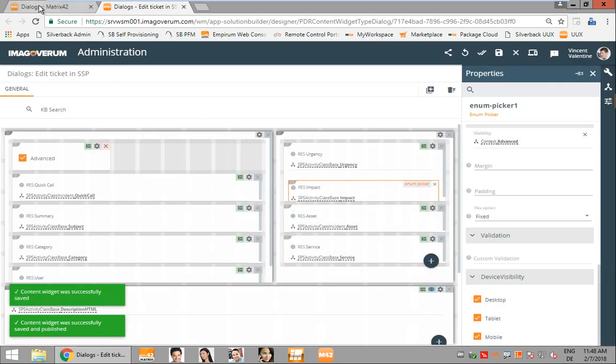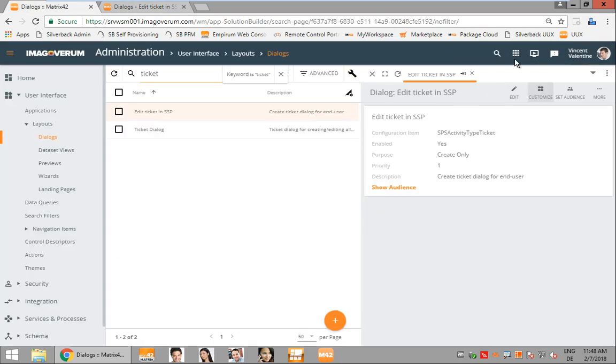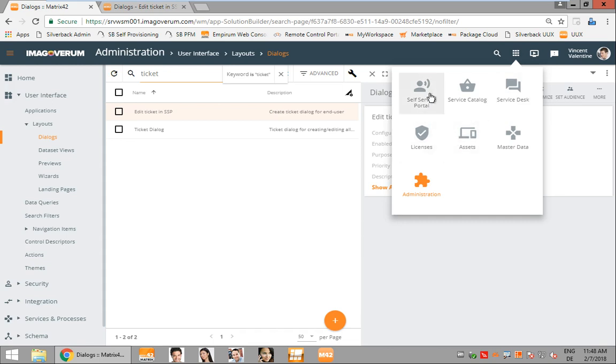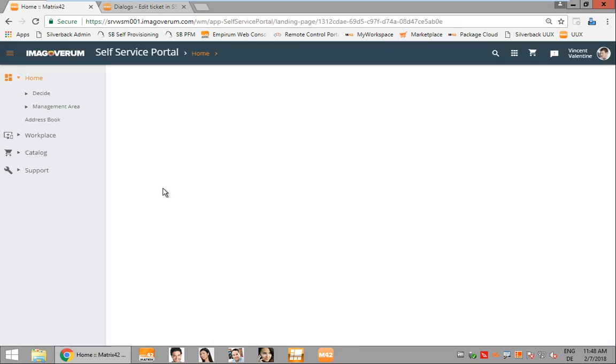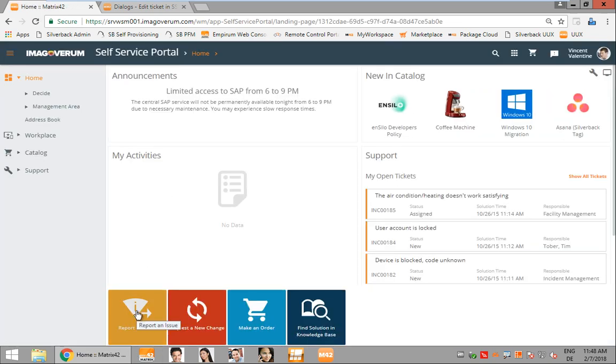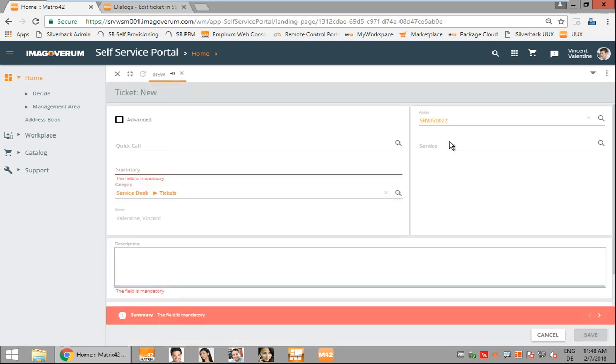If we go back to the self-service portal and open the dialog again, you see those two values are not visible yet, but if we click on advanced, they are visible and you can use them. And this is just an example for how you can customize your dialogues in a very, very